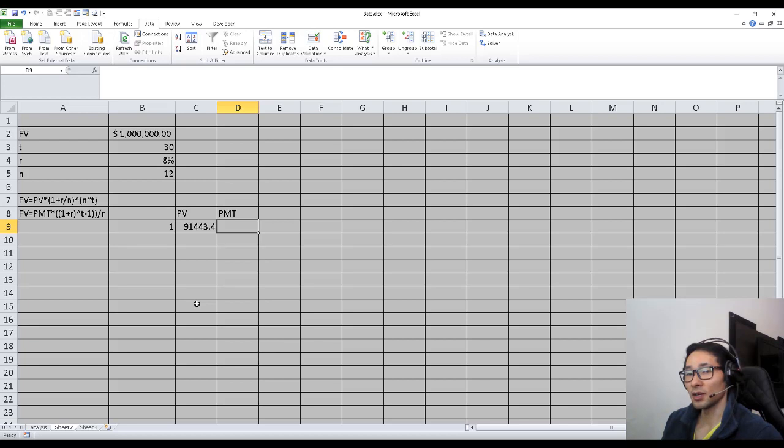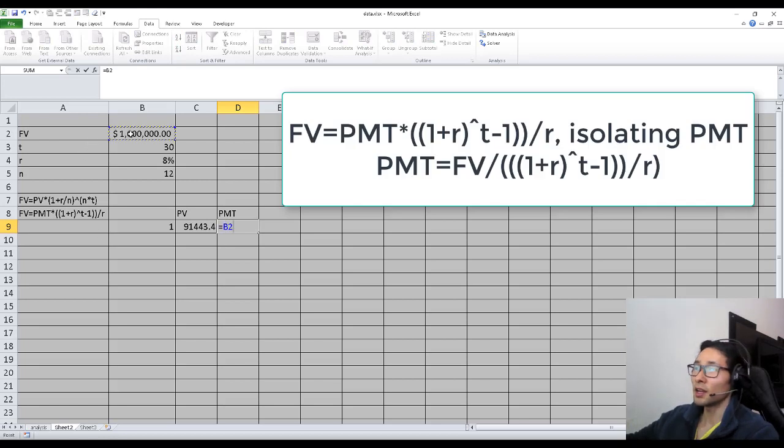So let's see how much it is considering periodic investments. I will do the same thing, algebraic manipulation. PMT equals future value times